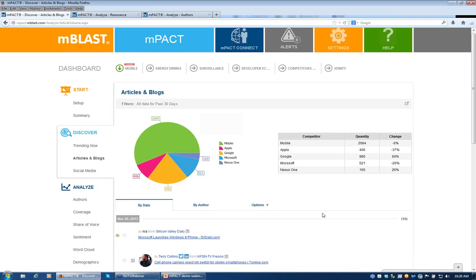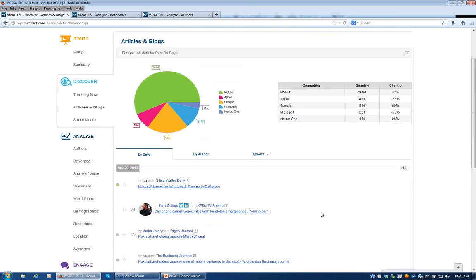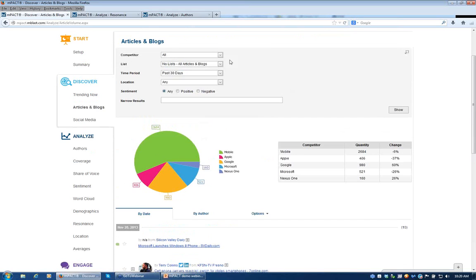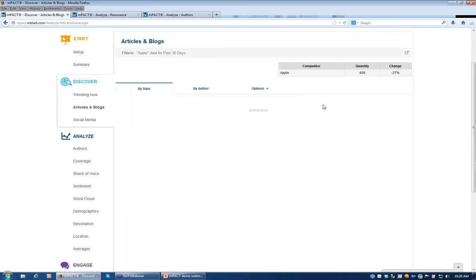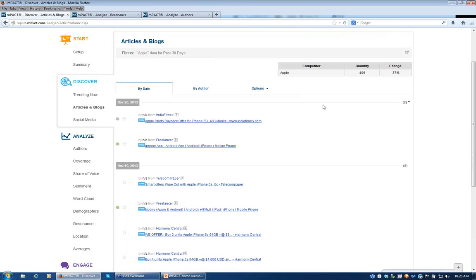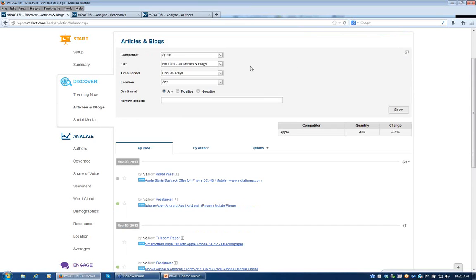But this report is simply a reverse chronological order report of the articles that are coming into our system. You can slice it and dice it in all sorts of different ways. You can look at individual competitors. I can look at just Apple articles, for example. You can create lists of people you want to follow and look at their articles in isolation. You can slice and dice the time period, and I should mention that we'll do up to